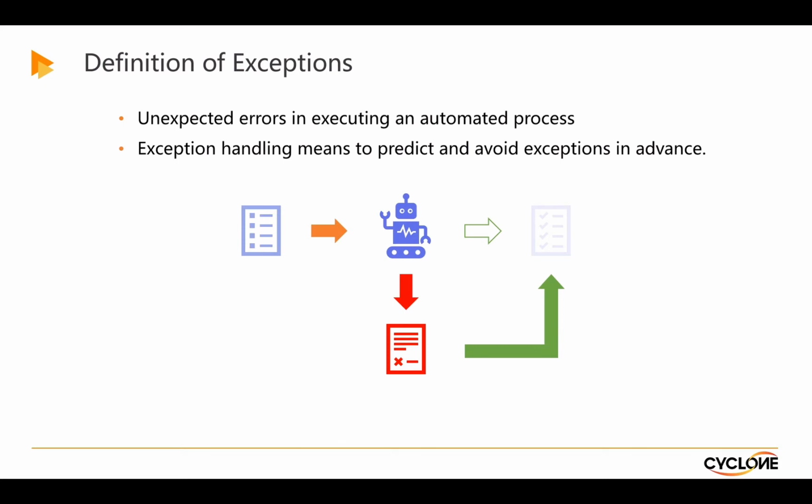When robots are carrying out an automated process, there could be unexpected errors that interrupt the execution. These errors, known as exceptions, are mostly predictable and can be handled or avoided in the designing of automated processes. For example, when we use the Open File node to open a specific file, but in fact the file doesn't exist, the process will be stuck and report an error. To avoid this, we can first determine whether the file exists, then accordingly open or create the file. It is essential for process designers to foresee exceptions and properly handle them in the process, improving the reliability of